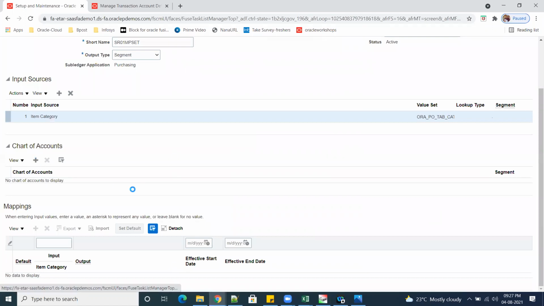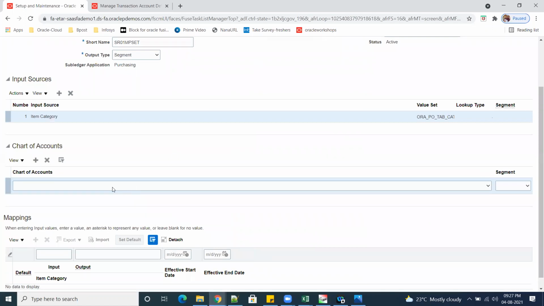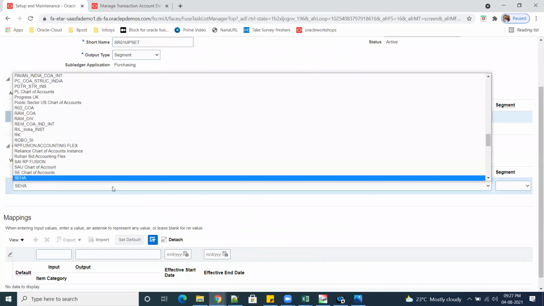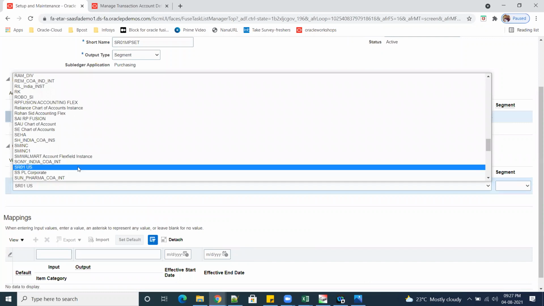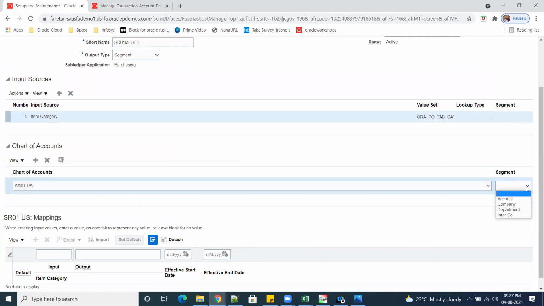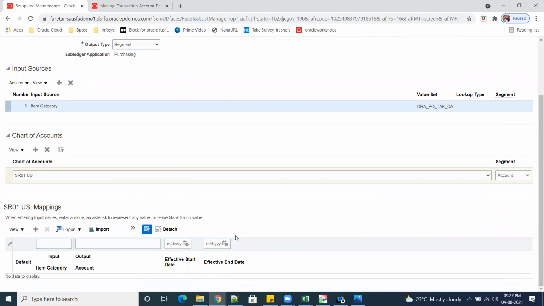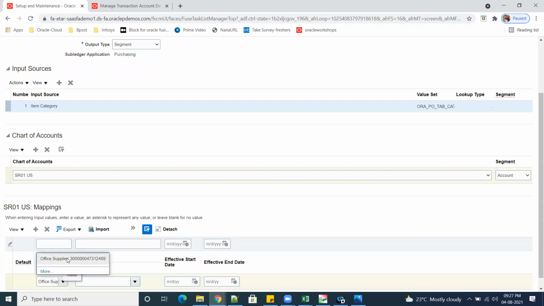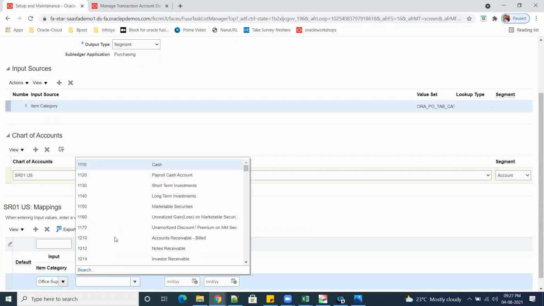Then select your chart of account. SR, US segment account. So click on plus. So if it is office supplies, my account is this.